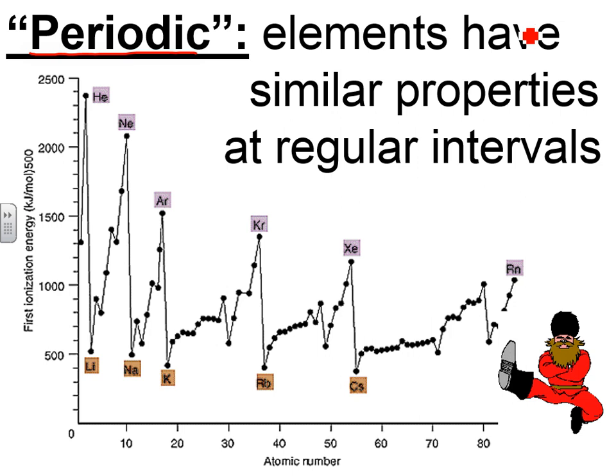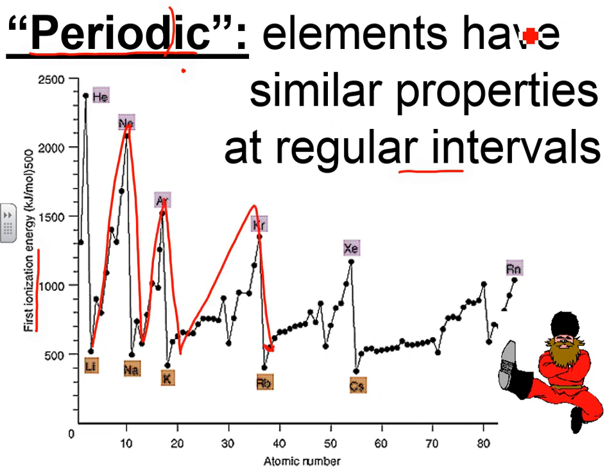So why do we call the periodic table periodic? That word periodic has the word period in it, but not period like at the end of a sentence, but rather periodic meaning every once in a while. So here it says elements have similar properties at regular intervals. If we graph something about the elements, for example here it's something called first ionization energy, which we'll discuss, you see a periodic pattern. In other words, it goes up and then falls back down again, up, falls back down again, up, falls back down again. So there's a periodic pattern to this, and this is what a periodic pattern looks like. And a lot of elements will have periodic properties, and that's why it's called the periodic table.